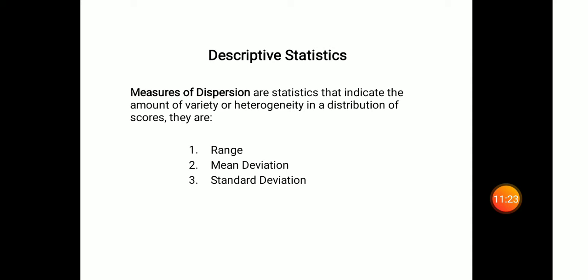How will you calculate range? Range is calculated by taking the least value and the highest value. We will get the range. Only two values are there, so we are not considering any value between them. Only two values we are considering, and that itself is considered the limitation of this measure. But the simplest measure of dispersion to calculate is the range only.